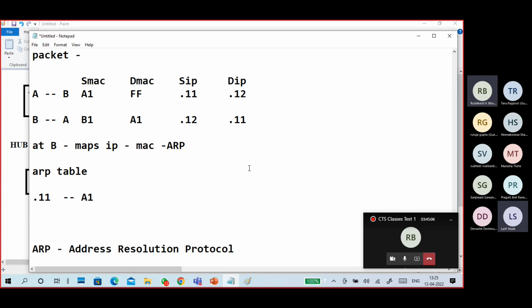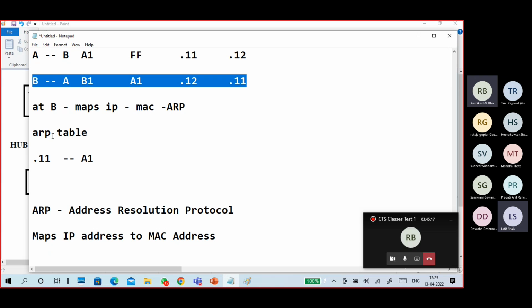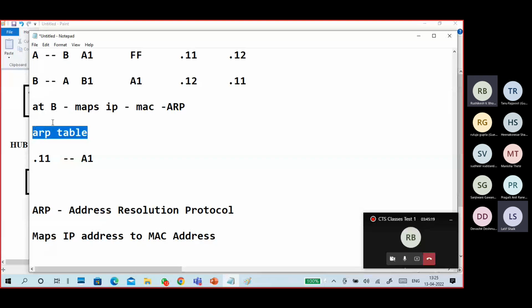Next, how does our destination know our MAC address? By using the ARP protocol. The ARP table maps IP address to MAC address. Whenever you have done one communication, you obviously received a packet, and your system starts mapping IP addresses to MAC addresses.